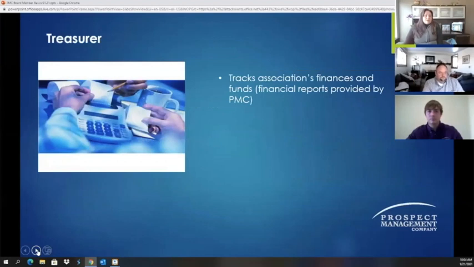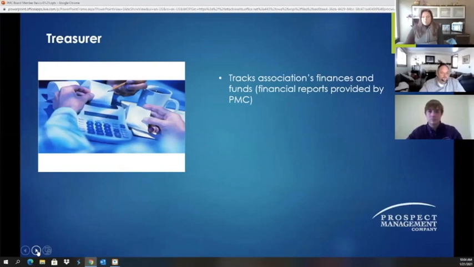The treasurer is, I feel like, an undervalued and underutilized position. I'm not sure if that's the right word, but basically I feel like generally people think that the president is the most important position, and while it is a very important position, I think that for a condo association, it is key that you have a good, solid treasurer who knows your financials, who knows what financials mean and understands them, and has a good working relationship with the management company and your accountant, so that they're able to report to the board.